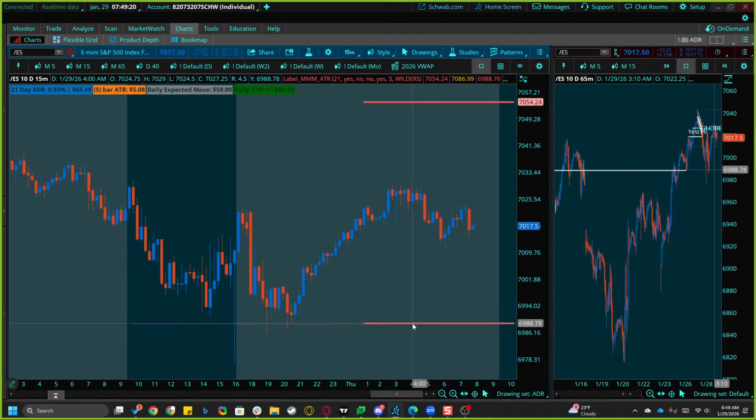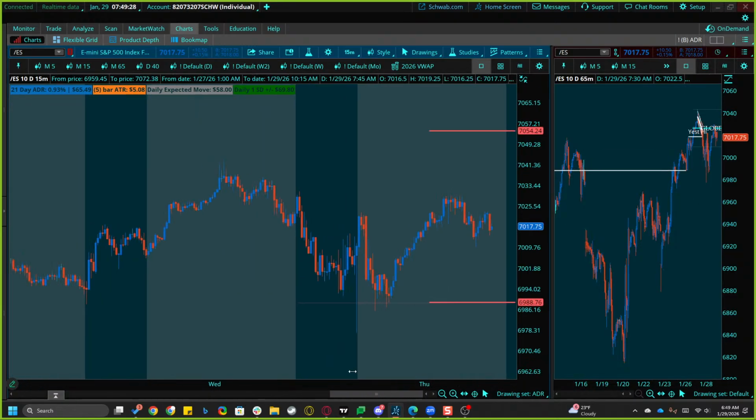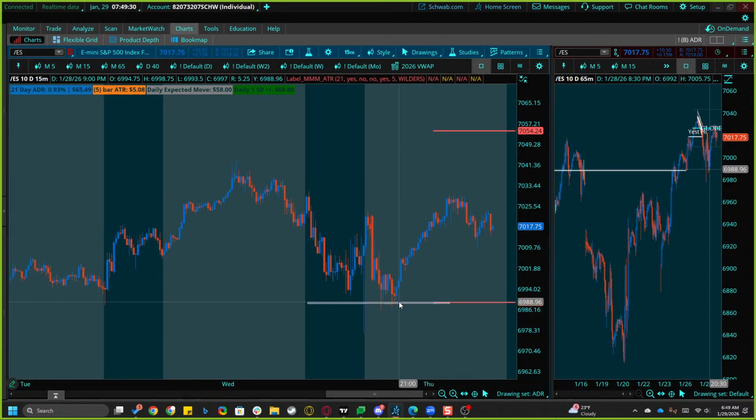So when you look at the lower edge of the ADR, it doesn't really seem like we're capturing the midpoint, but we are. So we've already hit one side. That means we can hit the other side by the end of the day. Usually when we make that comment, we end up hitting this ADR sometime after midnight, right? Like in the European session.